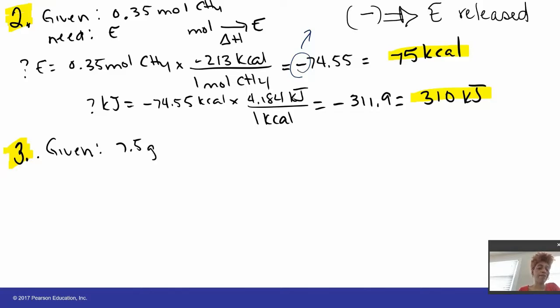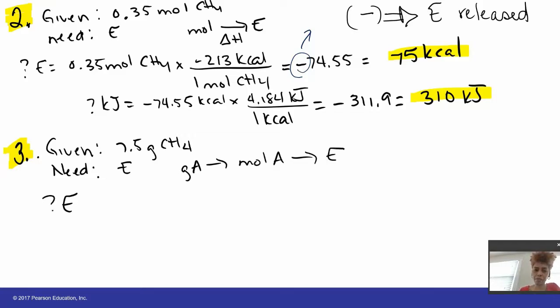Given that we have 7.5 grams of methane, I need to know the energy. So how did we say this problem was moving? I'm going from grams of A to moles of A to the energy. So starting with what we were given, 7.5 grams of methane times our molar mass. What's going to go on top? The moles are going to go on top for methane, and methane molar mass is